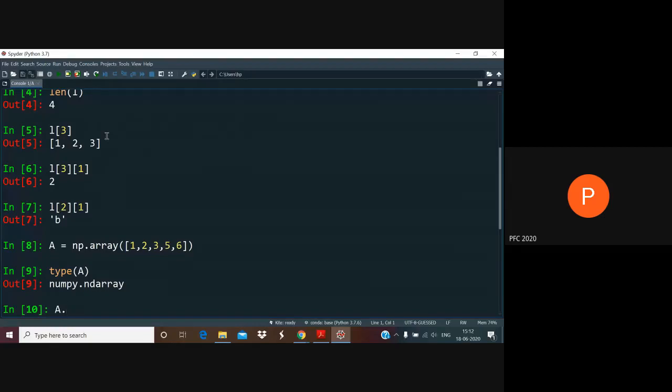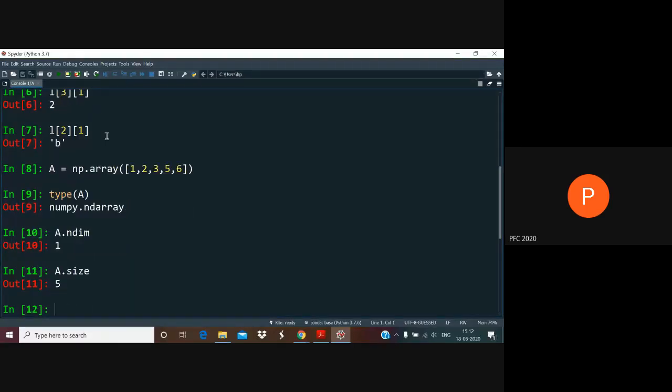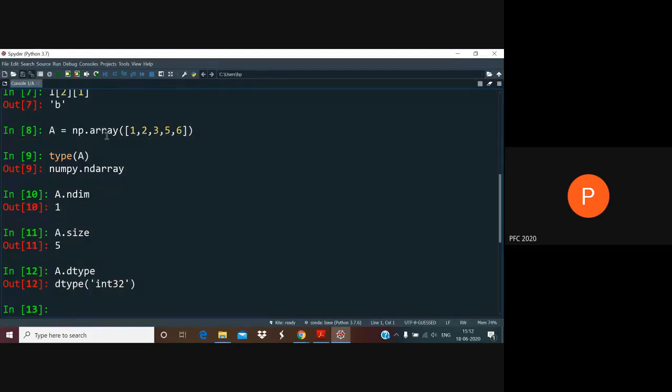One of them, of course, is the number of dimensions, ndim, which is obviously 1. Size, which is how many elements it has. A very important attribute, the dtype or data type. What kind of data is stored here? In this case, it's int32. Yours might very well differ. I'm using a 32-bit implementation on this machine, so my integer type is size 32 bits.